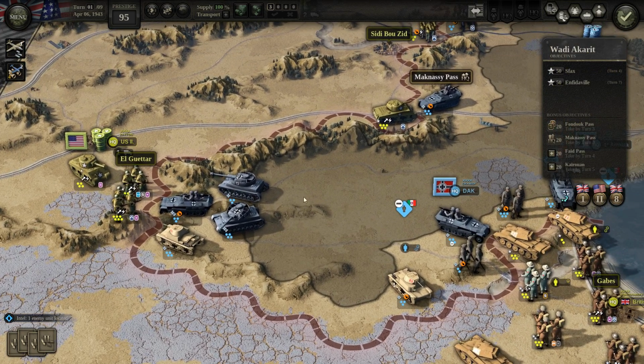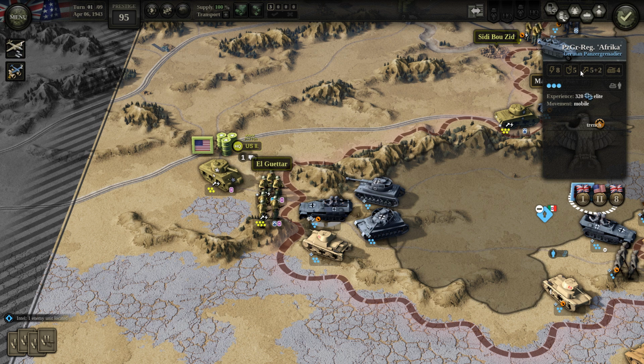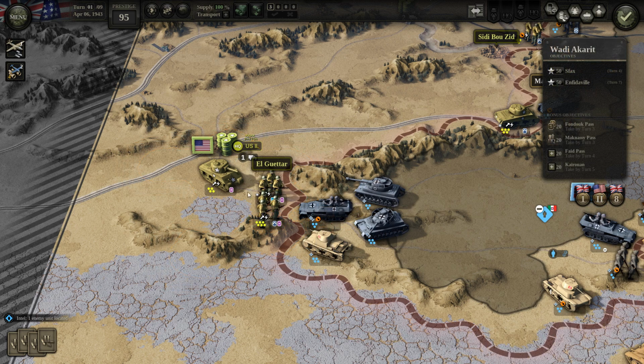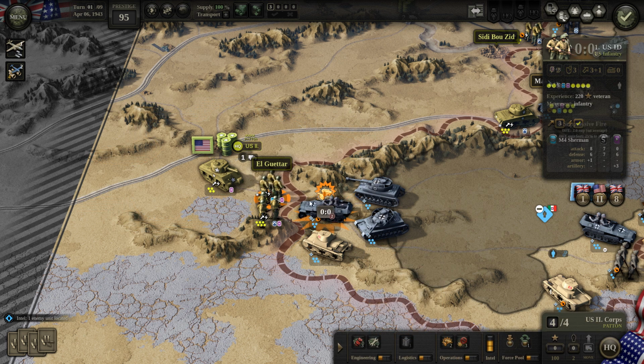Let's go look at somewhere else. So over here, the U.S. 2nd. We got a dug-in Panzer Grenadier sitting here. We have an Italian armor right over there. We got a few more tanks back here, a couple Panzers. So I think what we probably should do, these guys are going to be shot down to pieces if we try shooting at them. So we could try to do a little bit of suppressive fire and maybe get them out of